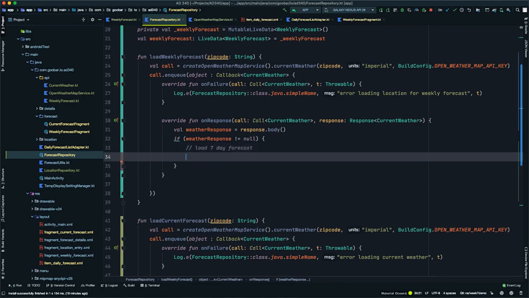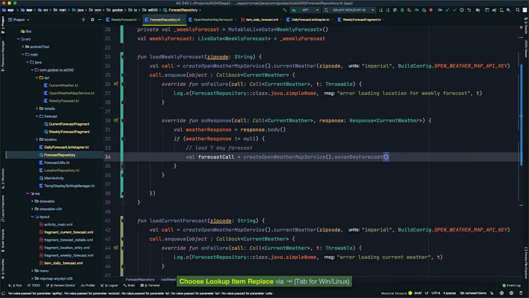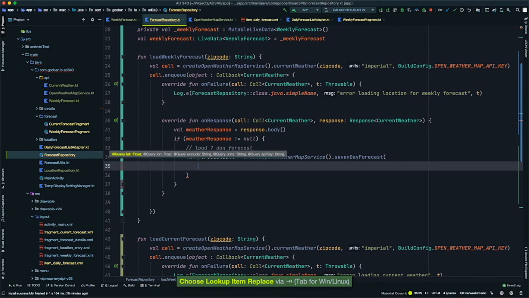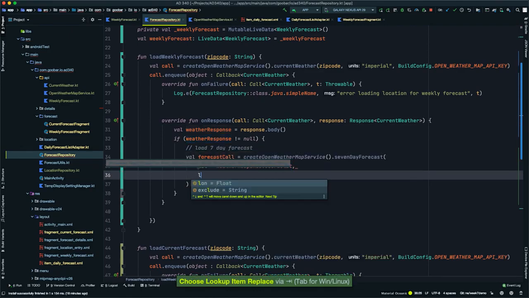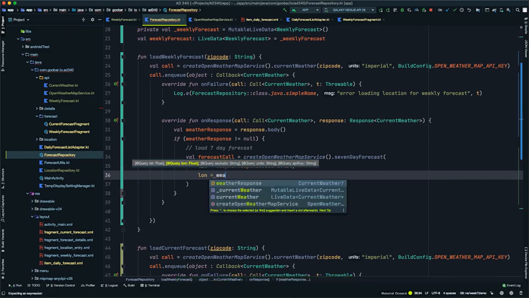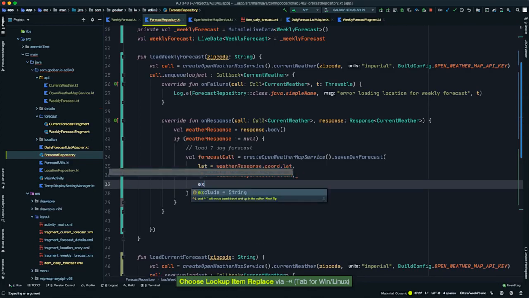So within this, we'll then make another call. So this will be val forecastCall equals createOpenWeatherMapService dot 7-day forecast. And this time we're going to say lat equals weatherResponse.coord.lat. Lon equals weatherResponse.coord.lon. Exclude equals current,